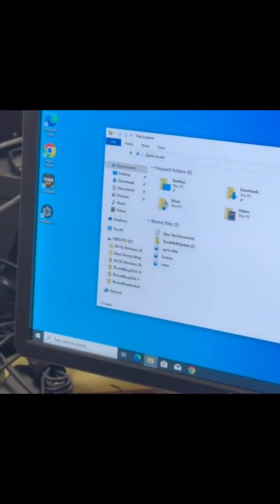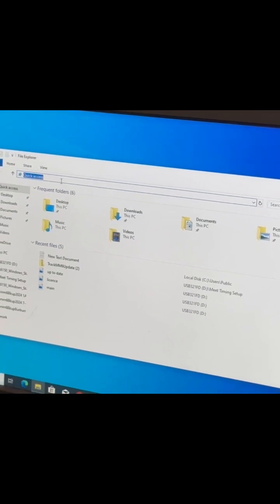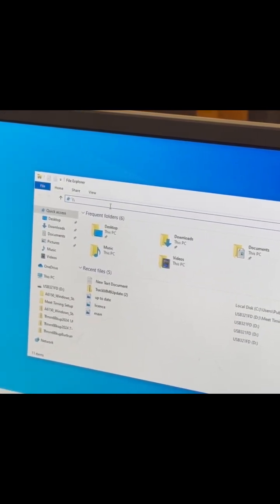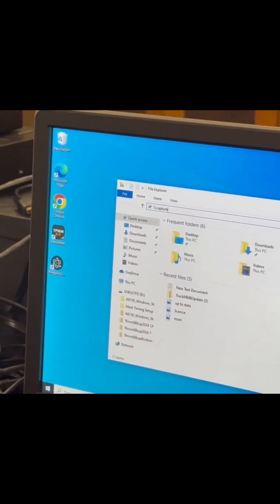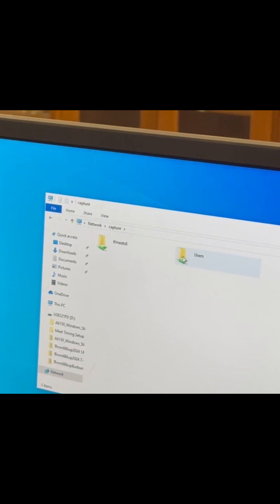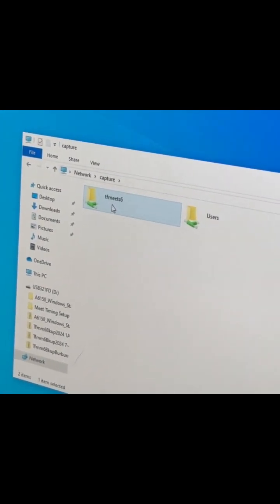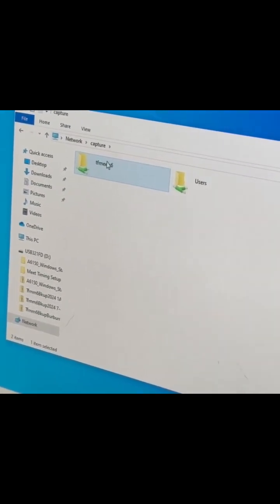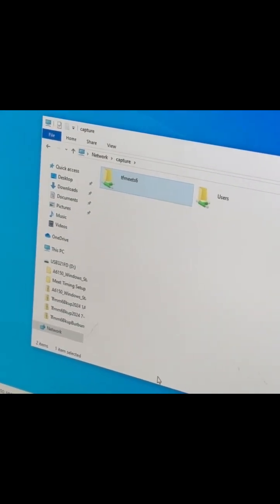So if I go to this computer and I do the same thing, File Explorer, and I hit the 2 slashes, but I type in the name of that first computer, which is capture, you will see that it not only has the user's file, it also has that TF Meet 6 folder that was used here. And so that's how you go about sharing files. That way you can open up this program,